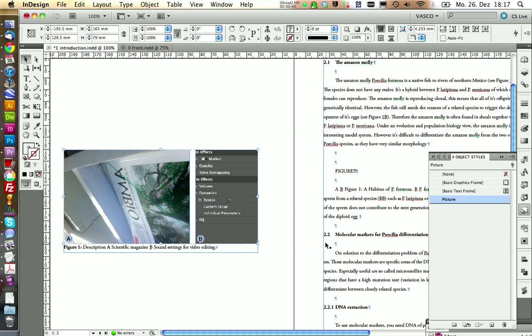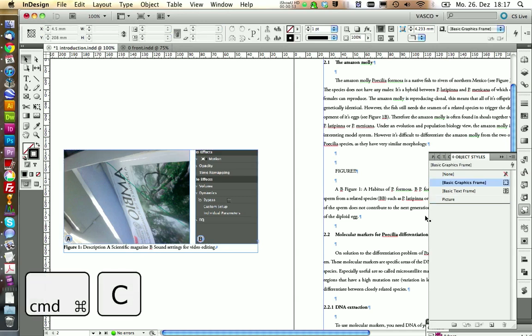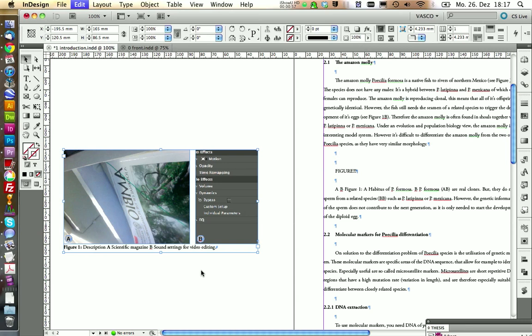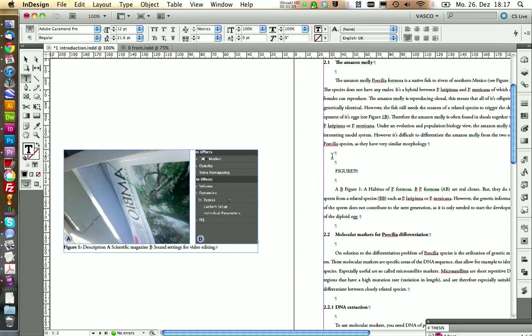And also you can later on edit the distance of your text and the picture itself with this object style on all your pictures.